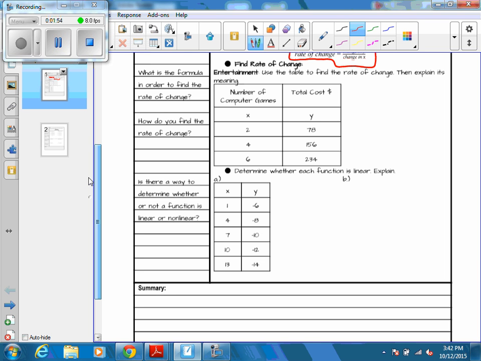So if I look at the first part, it says find the rate of change. I have a problem. It says entertainment. Use the table to find the rate of change, then explain its meaning. So I have the number of computer games, and then I have a total cost. I have all of my x's listed and all of my y's. My total cost went from 78 to 156, and then it went from 156 to 234. Remember, my rate of change is going to be equal to